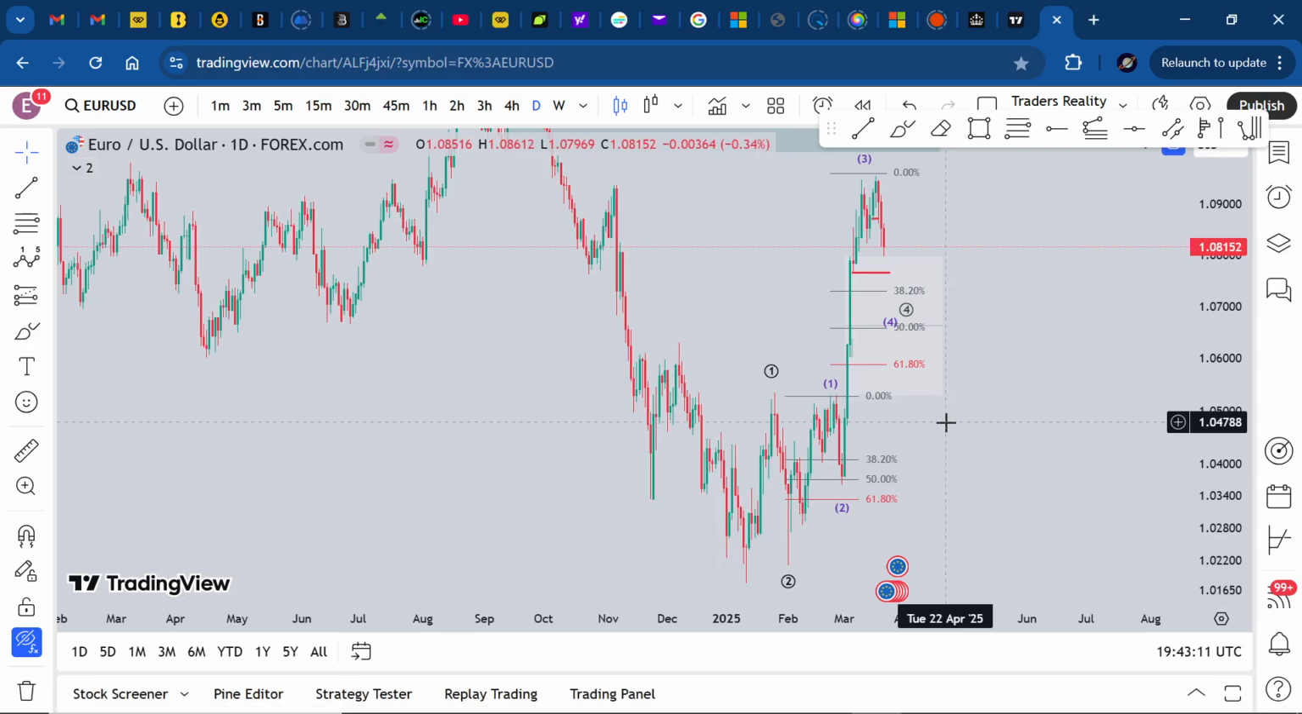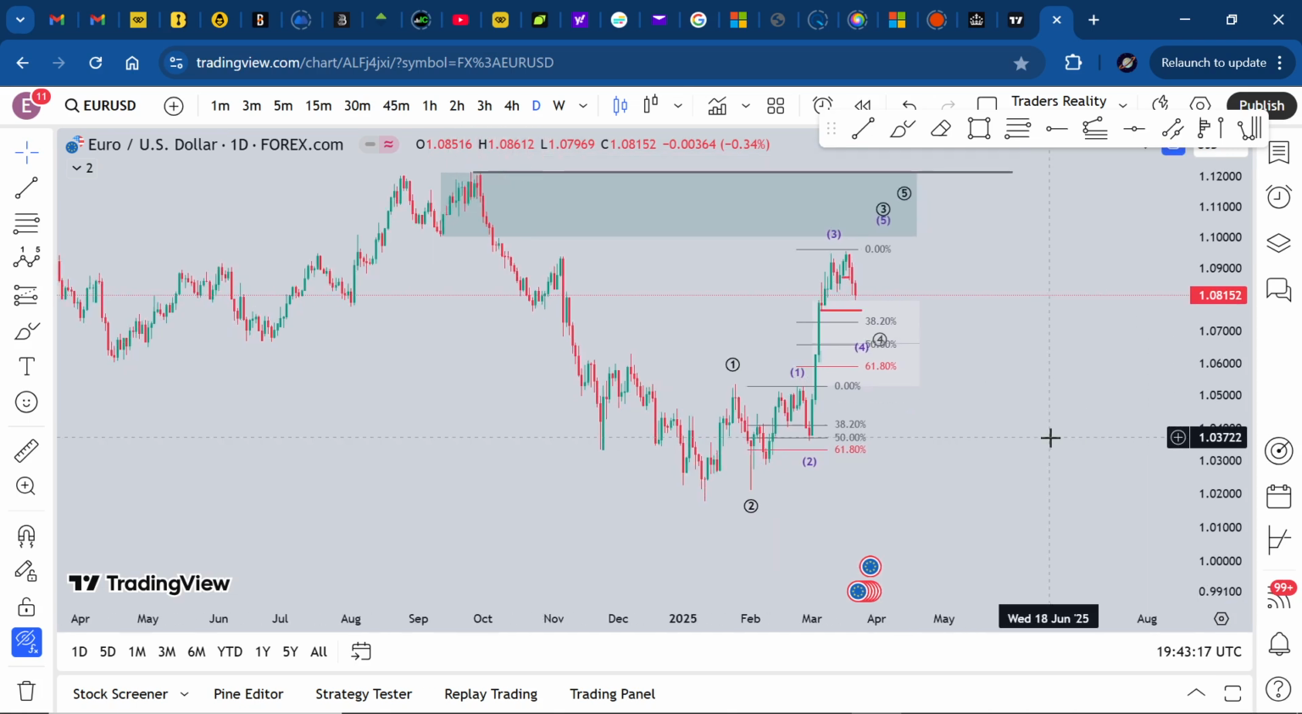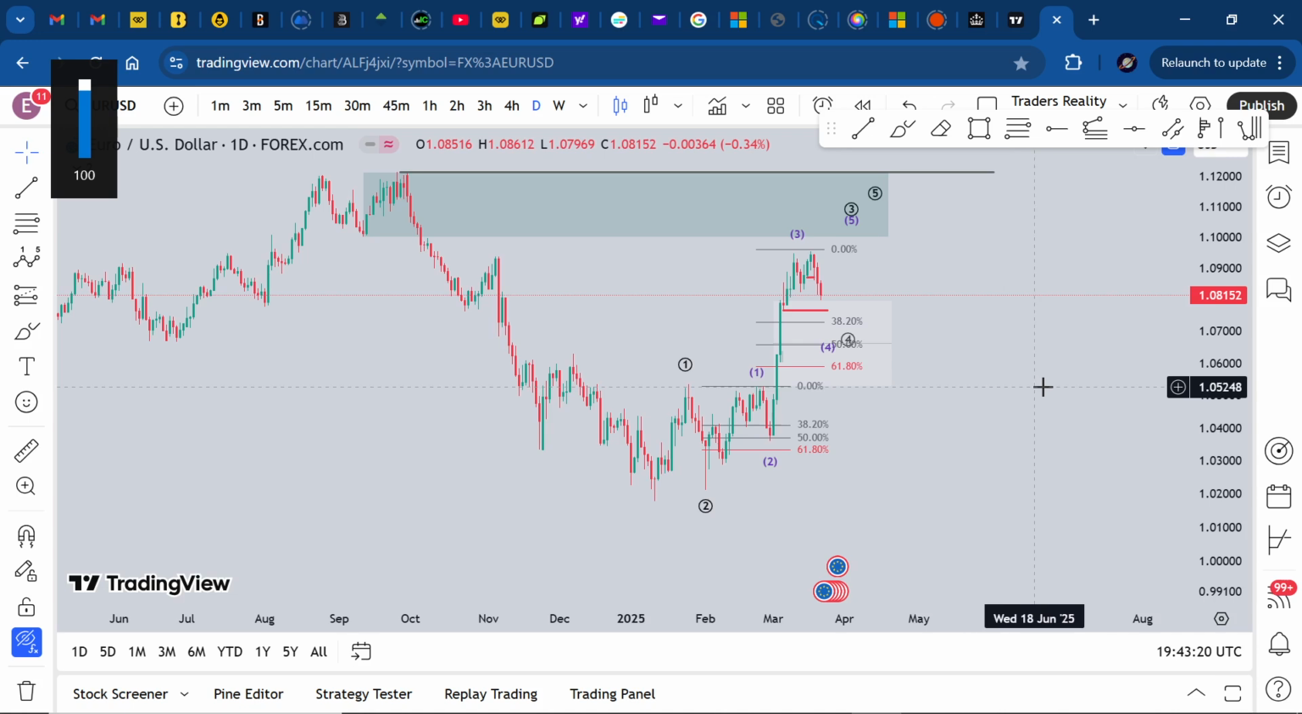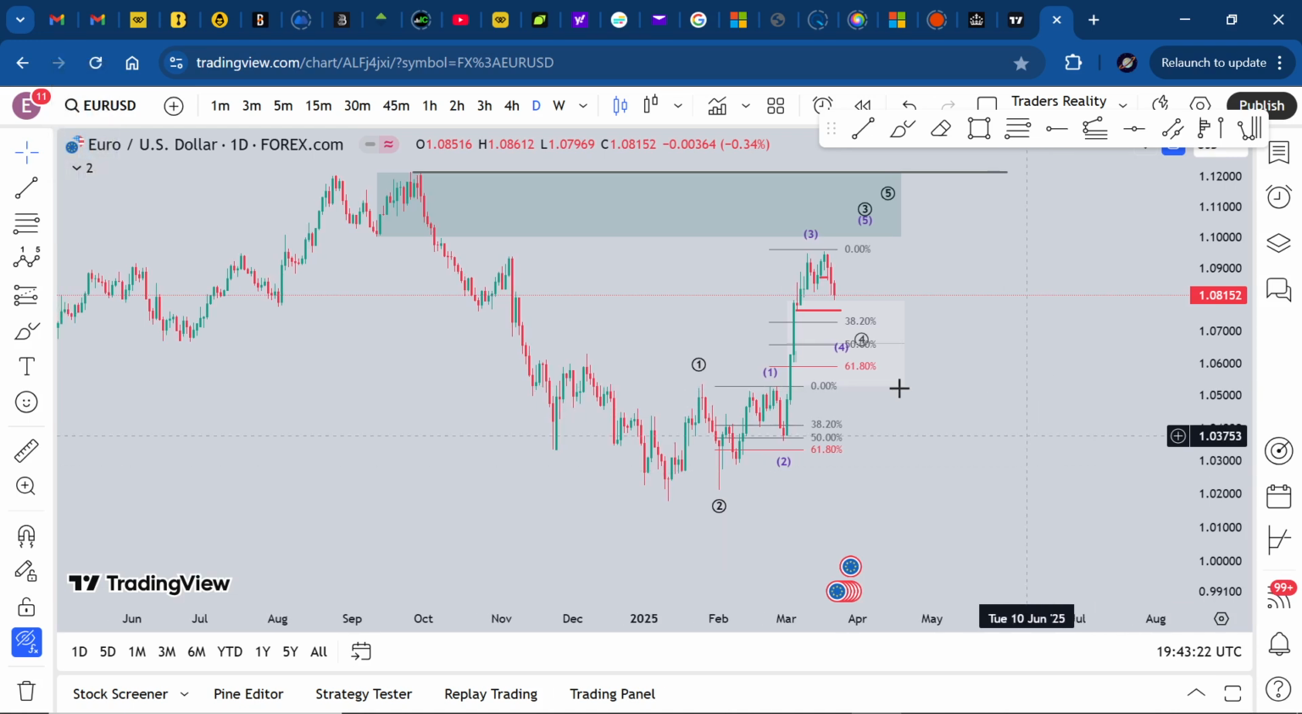Alright, weekly analysis on all the major forex pairs. That's what we're going to do right now. And we're on EURUSD on the daily time frame. And what we can see on the daily time frame